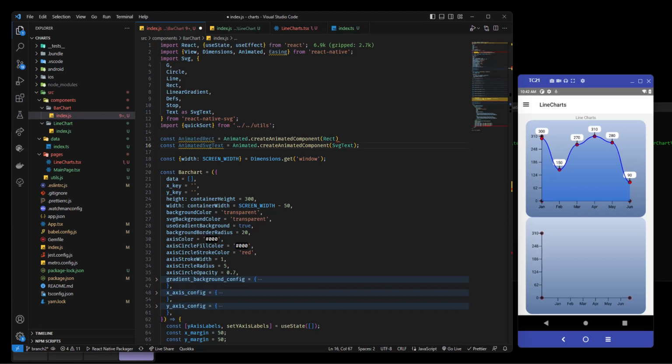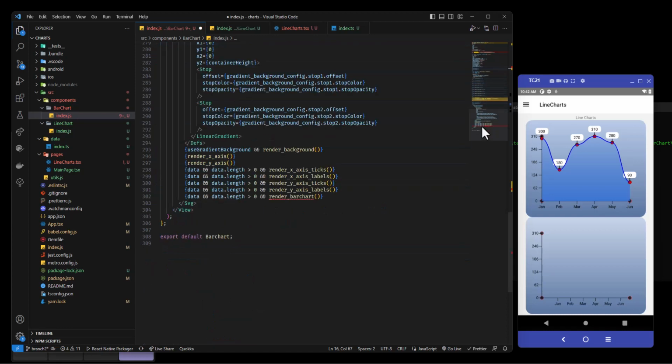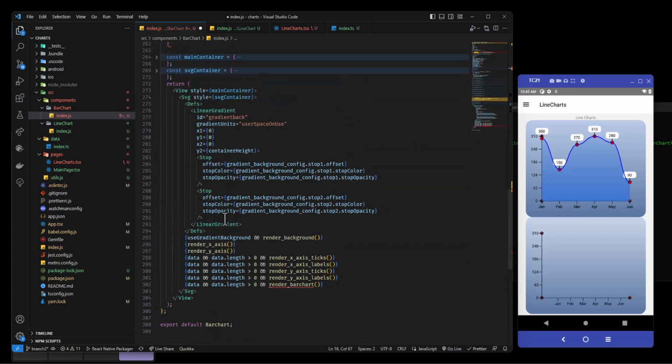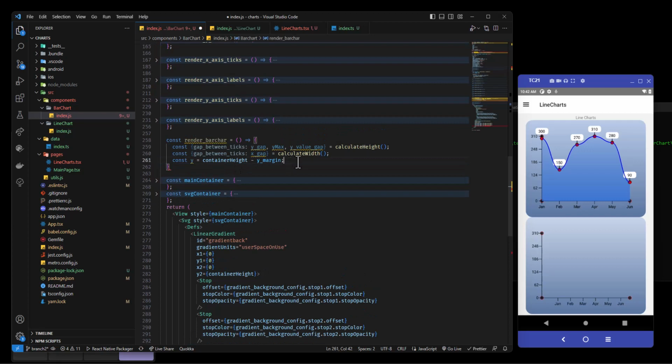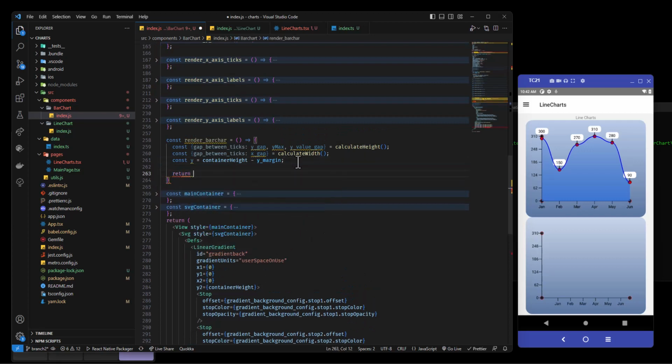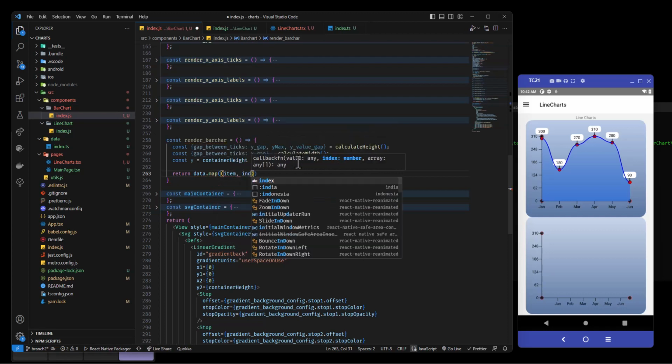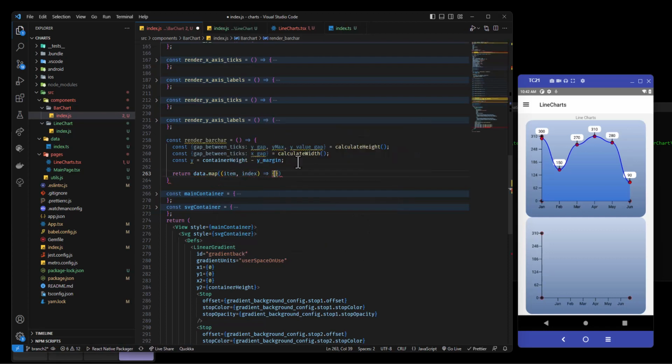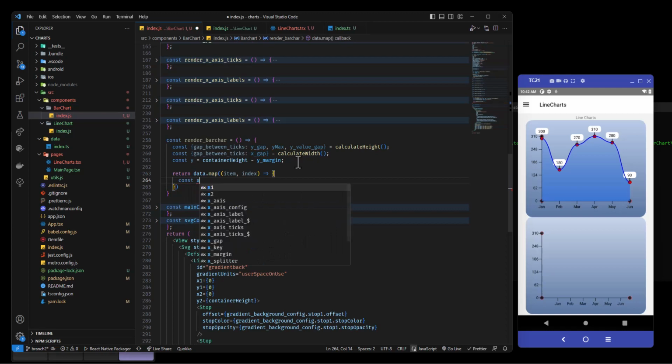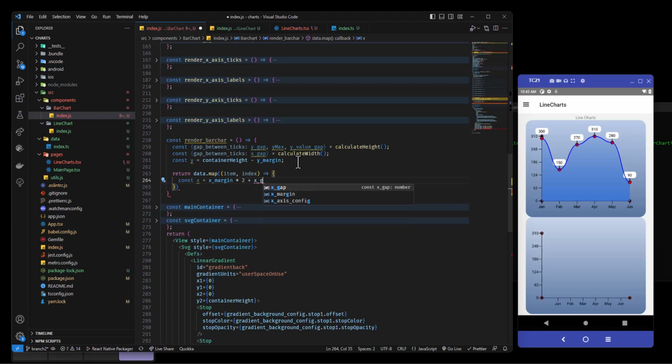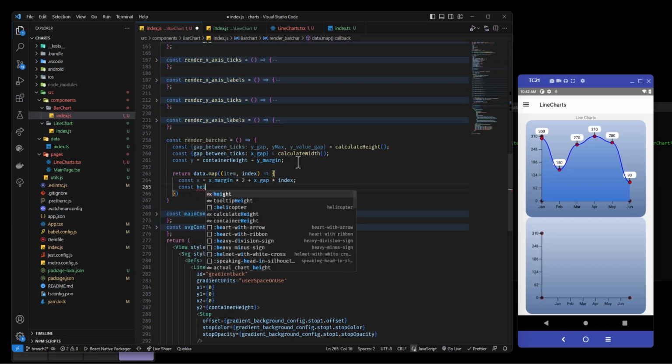And yeah, so we'll come back down here to our function. Why is that red? No, I probably just need to save it. So after we get our y, we're going to return data.map item index, and we'll figure out our x. It's going to be x margin times 2 plus the x gap times the index, and then the height of our bar